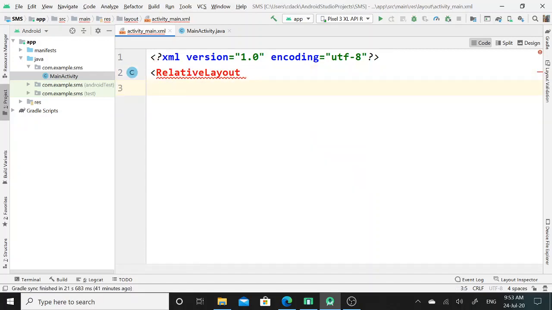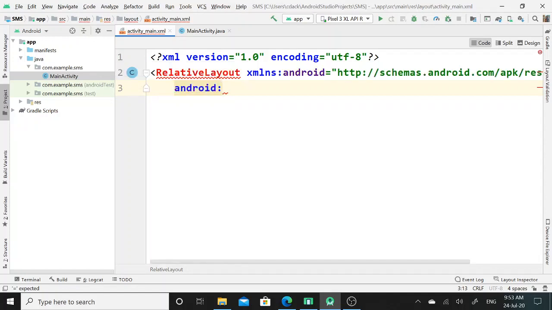Now I will set layout width and layout height properties. Before that, I will press Alt plus Enter key, both keys together, so that schemas.android.com apk will get called over here.